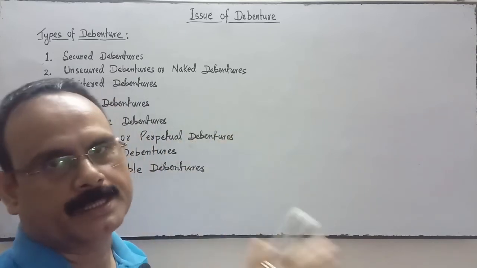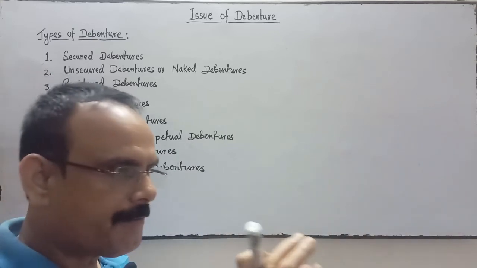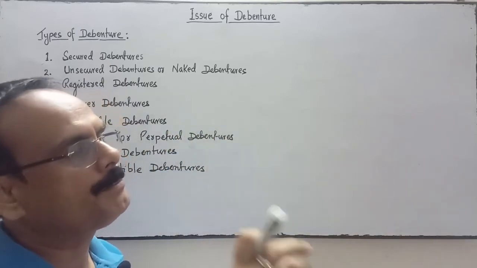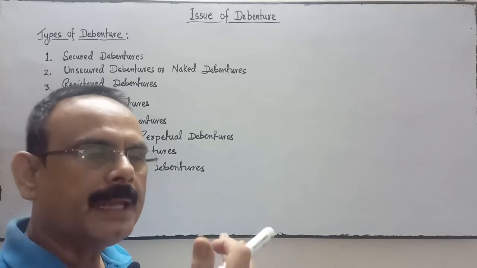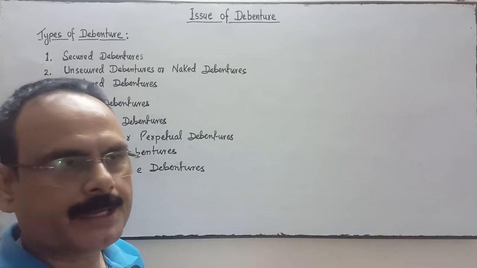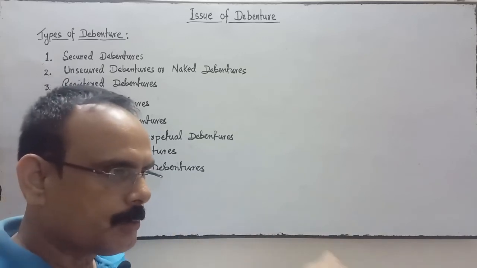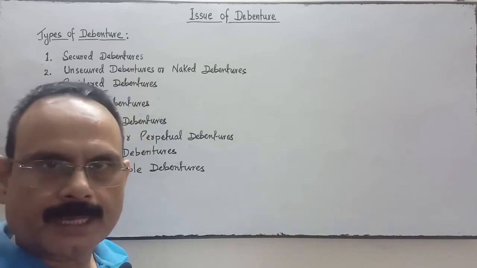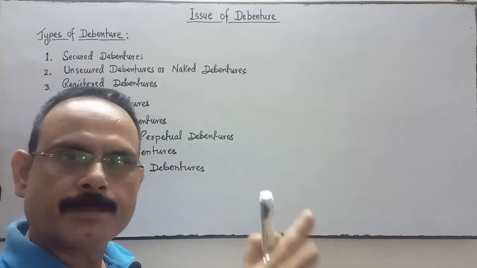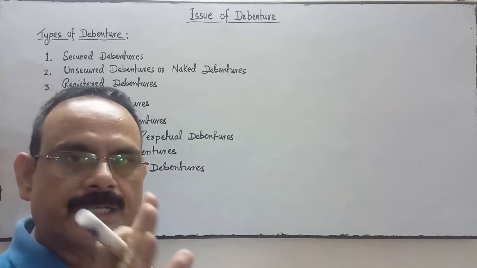in installments. Suppose 1 lakh debenture is issued for 5 years. So after 5 years, the 1 lakh will be paid at a time, or the company may pay this 1 lakh in 5 equal installments of 20,000. So 20,000 will be paid 5 times. Okay. So the amount may be redeemed by the company at a time, whole amount in lump sum, or that amount may be paid by the company in installments.